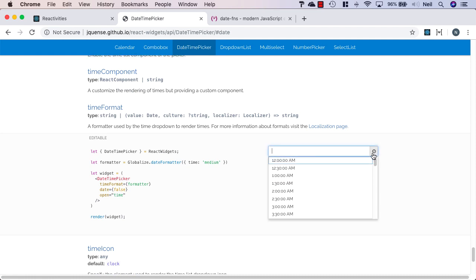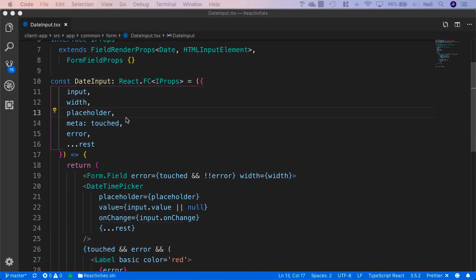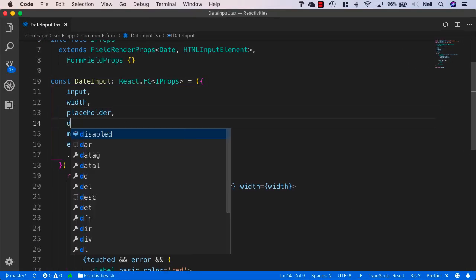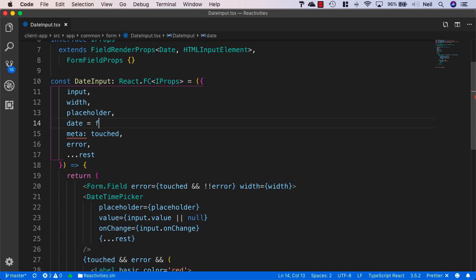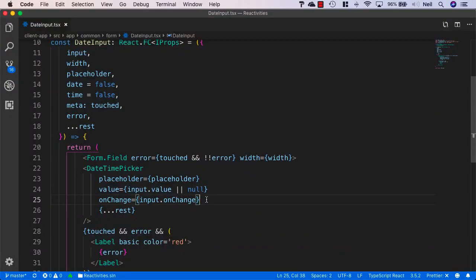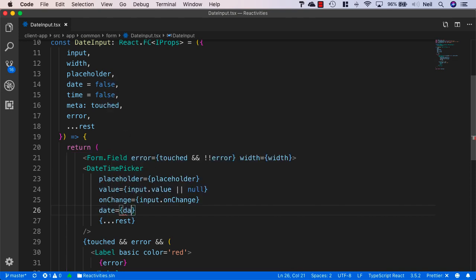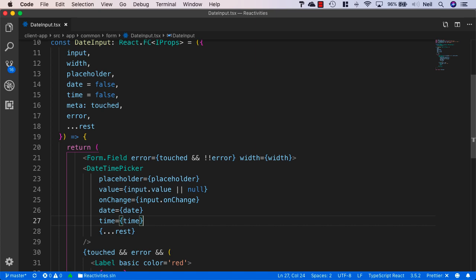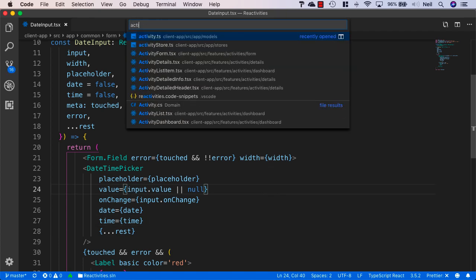And what we can do is just get an individual time picker, and we can do the same just for the date as well. So let's go ahead and add the additional properties. So I'm just going to add the date and initialize this to false, and I'm going to do the same for time as well. And then inside the date time picker, I'm just going to say date equals dates and time equals time. And then over in our activity form,